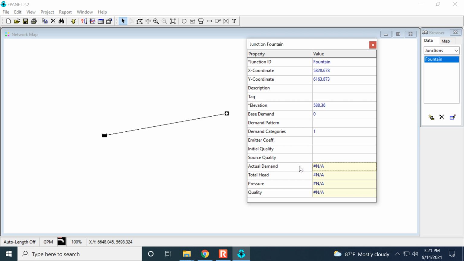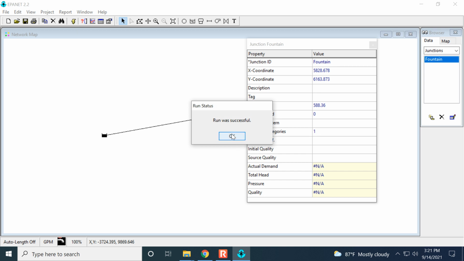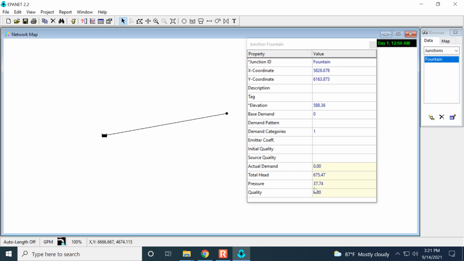And the reason why it says that is it hasn't actually calculated anything yet. This lightning icon, run, when I click on that, it's going to calculate the pressure in the junction. So let me do that. I'll click on it. Okay, run was successful. And it calculates the pressure is